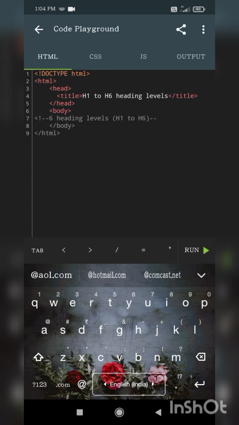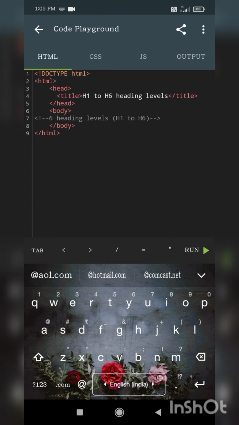This is a small comment tag. So far, whatever you have been writing between body tag will appear in output. But this comment tag will not appear in output. Okay, sometimes you want to write notes for yourself in an HTML and you don't want to display that in the browser window, then you need to use this comment tag.